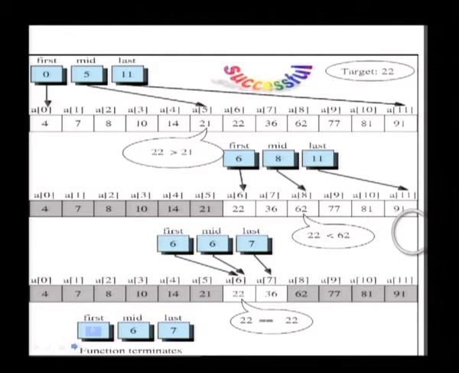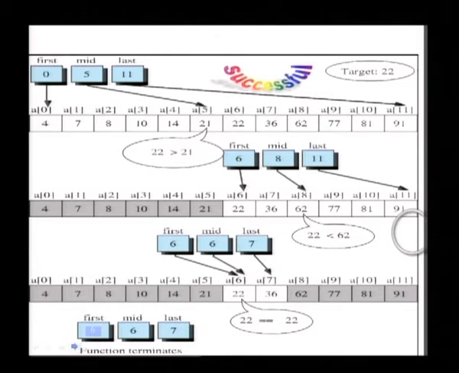Initially, first is the value 0, last is the largest array index which is 11, and mid is the midpoint which is the first plus last divided by 2, and we take the floor of the division. In this case, the floor would be 5. So, 11 plus 0 divided by 2 is 5.5 and we take the value 5. A comparison of the given key is made with the